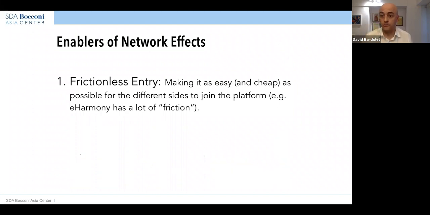They will get married. Once you start giving them matches, and if you do a good job of looking for compatibility and so on, you will get a lot of matches. And those matches will be your marketing. You will tell people, yes, see, I promise you this, and I deliver. So this is an example of a platform that uses this frictionless entry and makes it very full of friction in order to make sure that the people that are inside the platform are the people they want.